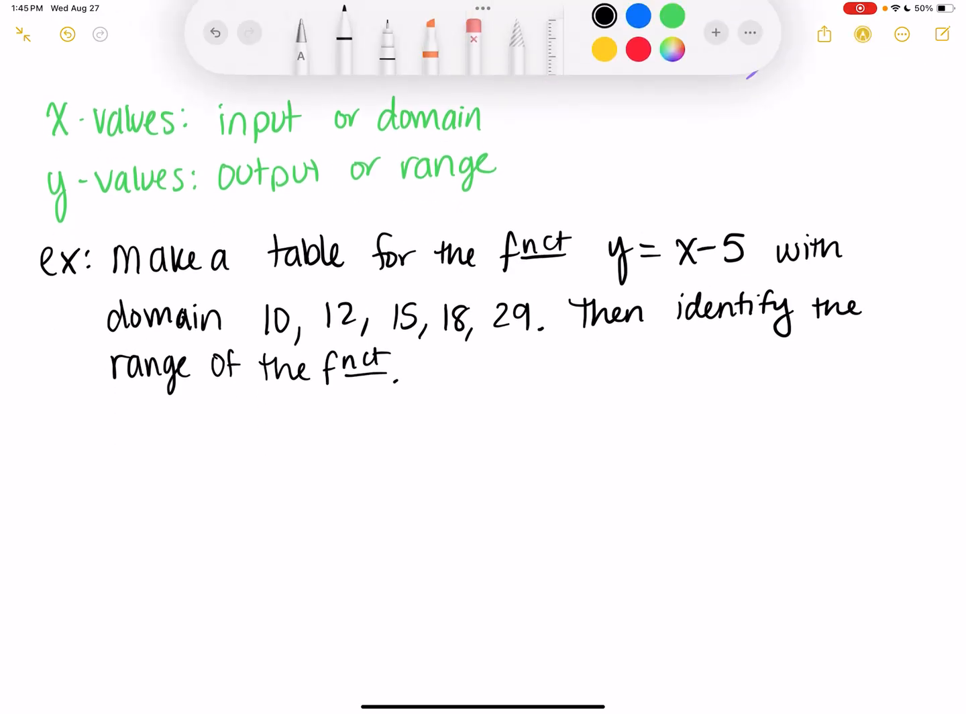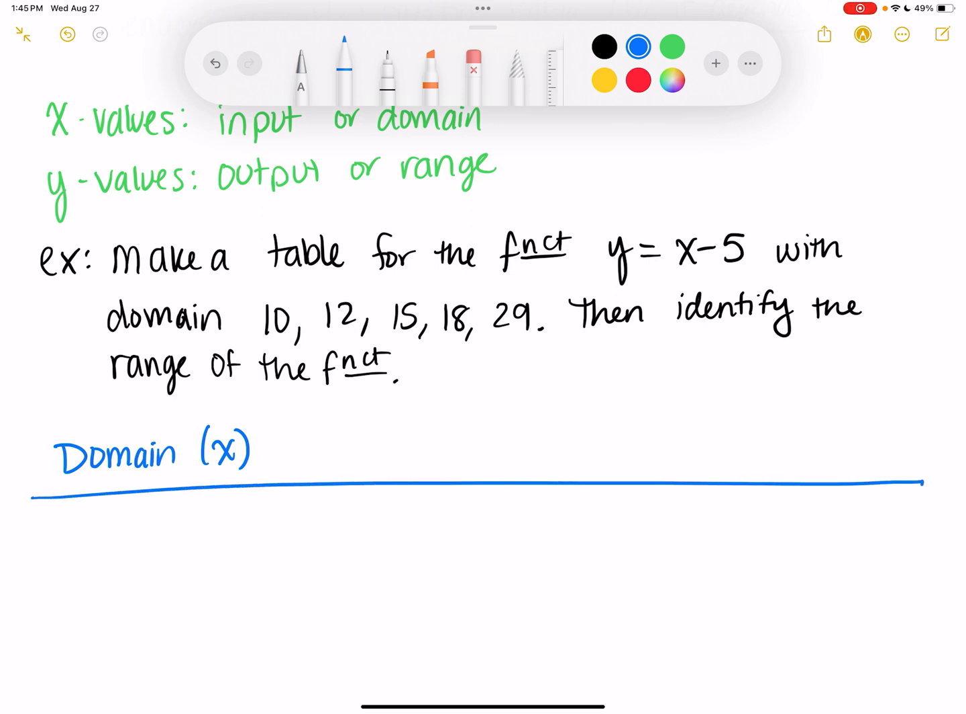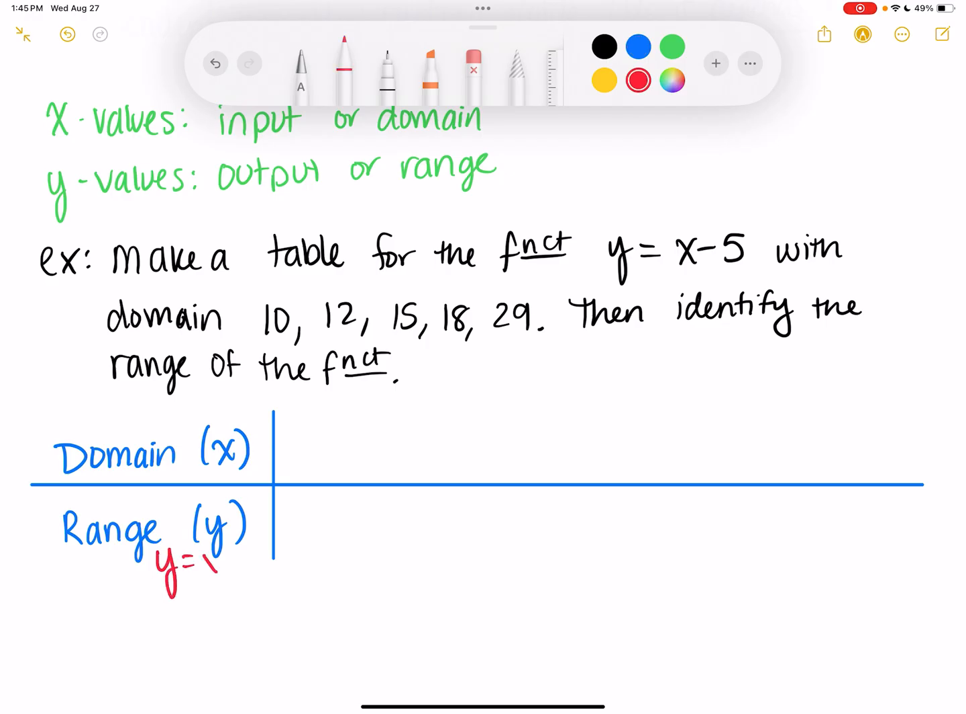So they want us to make a table. So I've got my domain, or my x values, and that's what they've given me. I probably made that excessively long, but oh well. And then I've got my range, or my y values, which is what I am trying to find. Now, they've given me the equation y equals x minus 5, so that's what I'm going to use to find